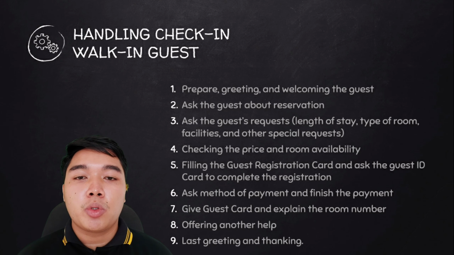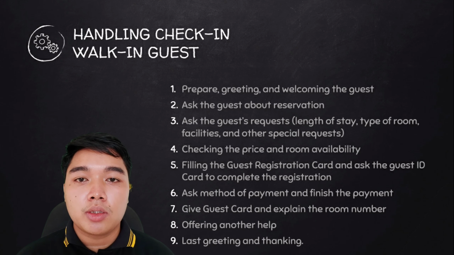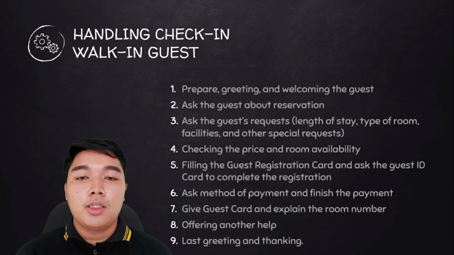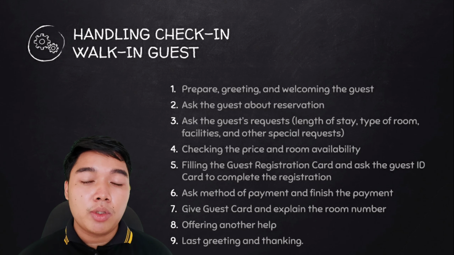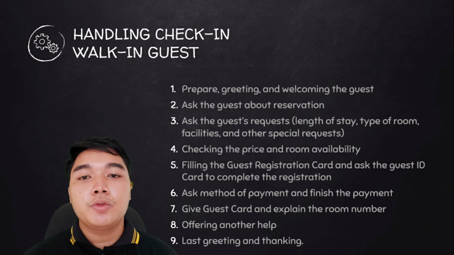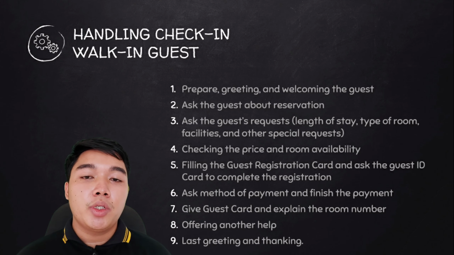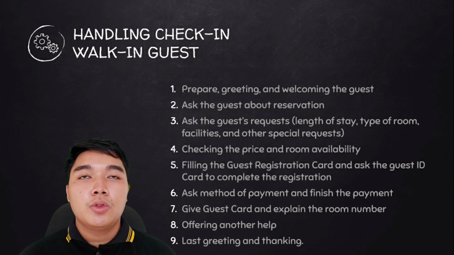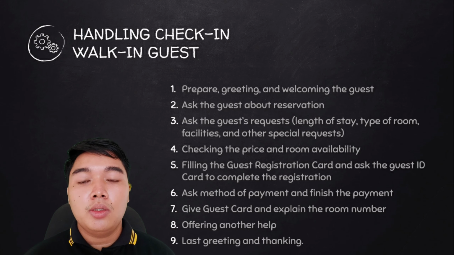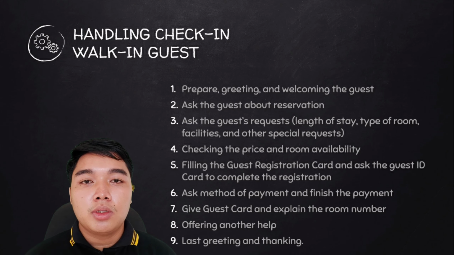So the receptionist will probably say, okay, the payment is finished, all of the registration card is done, and then this is your key or this is your guest card, and then they will say the room, maybe like your room number is 45 or 46 or something, and then the receptionist will ask the hotel staff to help the guest to bring their stuff to the room, and then before that the receptionist will ask for the 8th step,